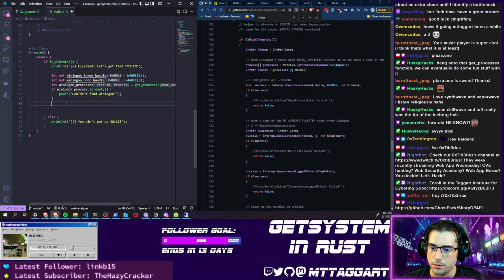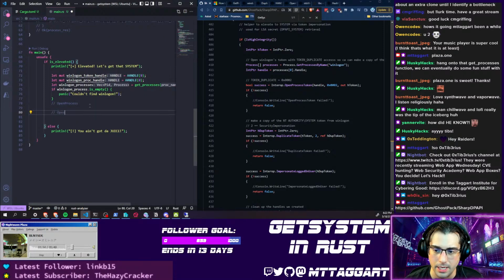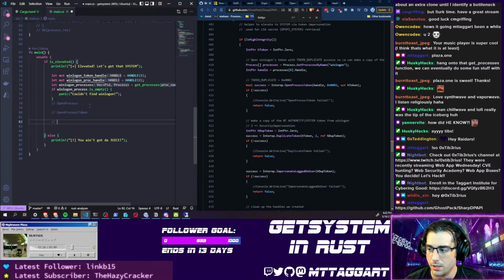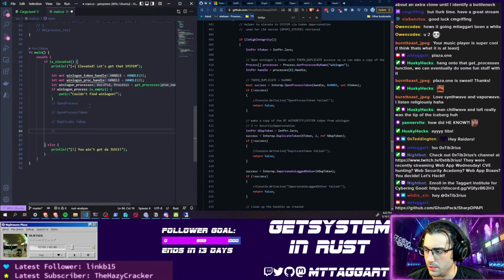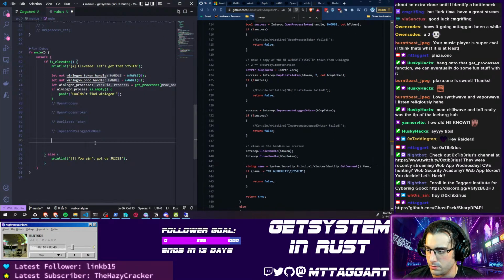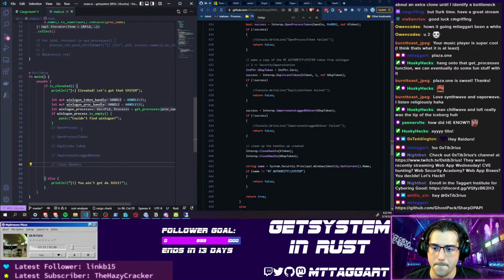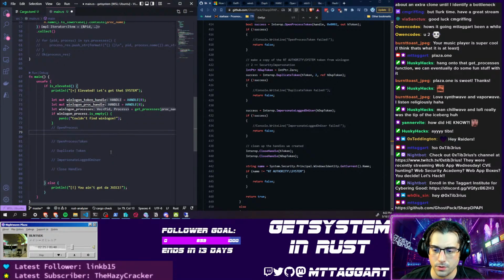Okay, so we have to both open process and then open process token. I'm going to comment that out. And actually, I should follow my own good advice about this, which is use comments to call our shot here. Duplicate token. And then what? Impersonate logged on user. And then close handles. Yeah. Okay. So